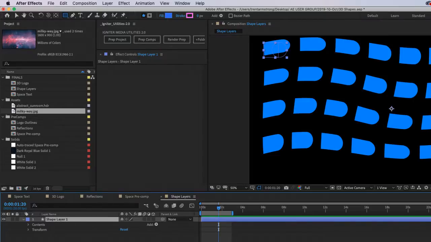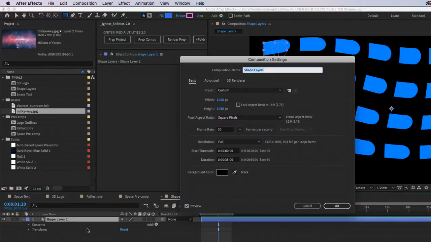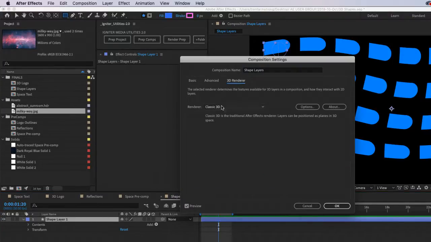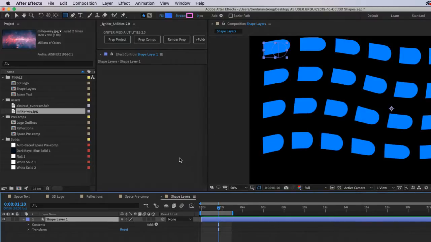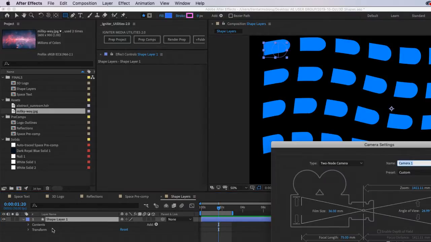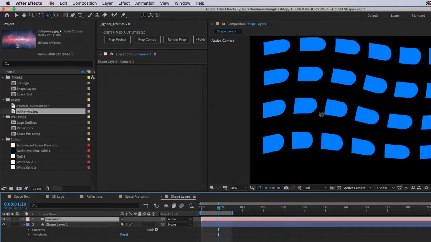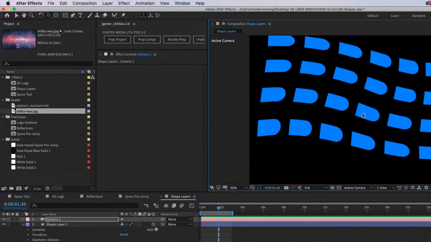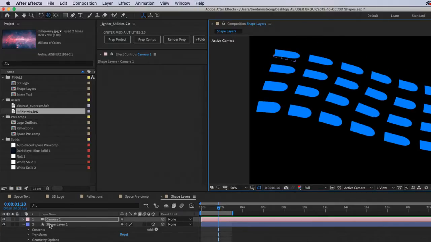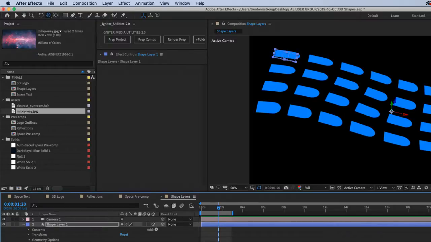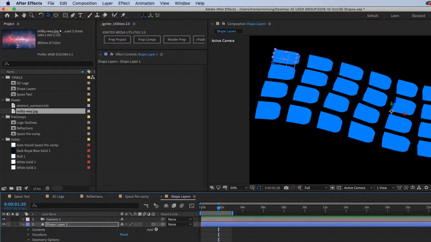Anytime I create some shape layer and it is self-contained, I can make it 3D. All I need to do is just add my geometry. And, you know, I can kind of make it look a little cartoony.